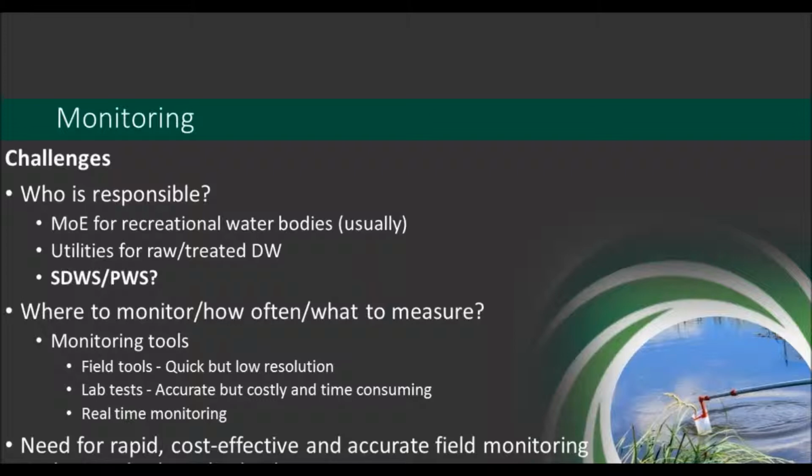Laboratory tests are better for giving you an accurate result in terms of what concentrations of toxins might be present. But a key issue there is the turnaround time between sampling and results, and that could be up to 3 weeks, which is a key barrier for responding to an event, especially when your protocol states you take action after the results have confirmed your toxin levels. In 3 weeks, the bloom will probably be gone, and the risk was there previously. So that's an issue, and there is a need for rapid, cost-effective, and accurate field monitoring tools, as well as